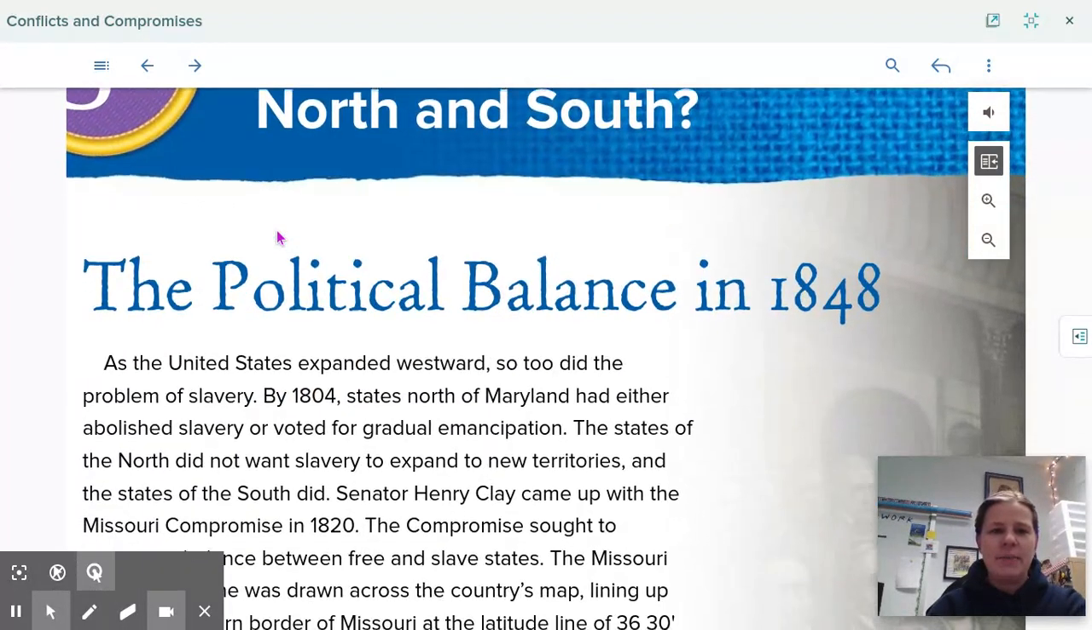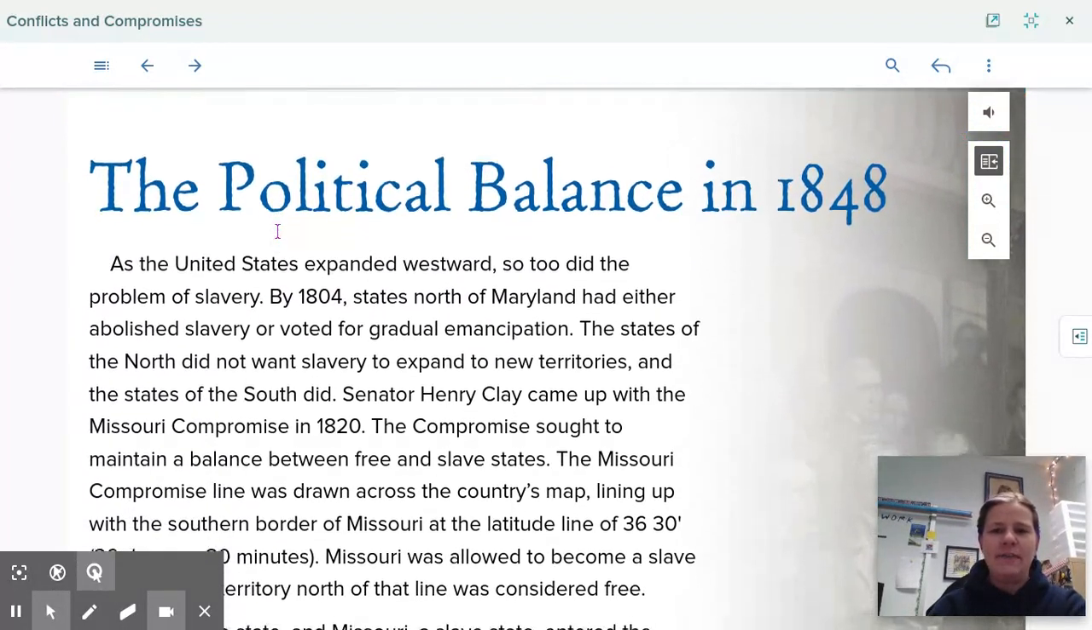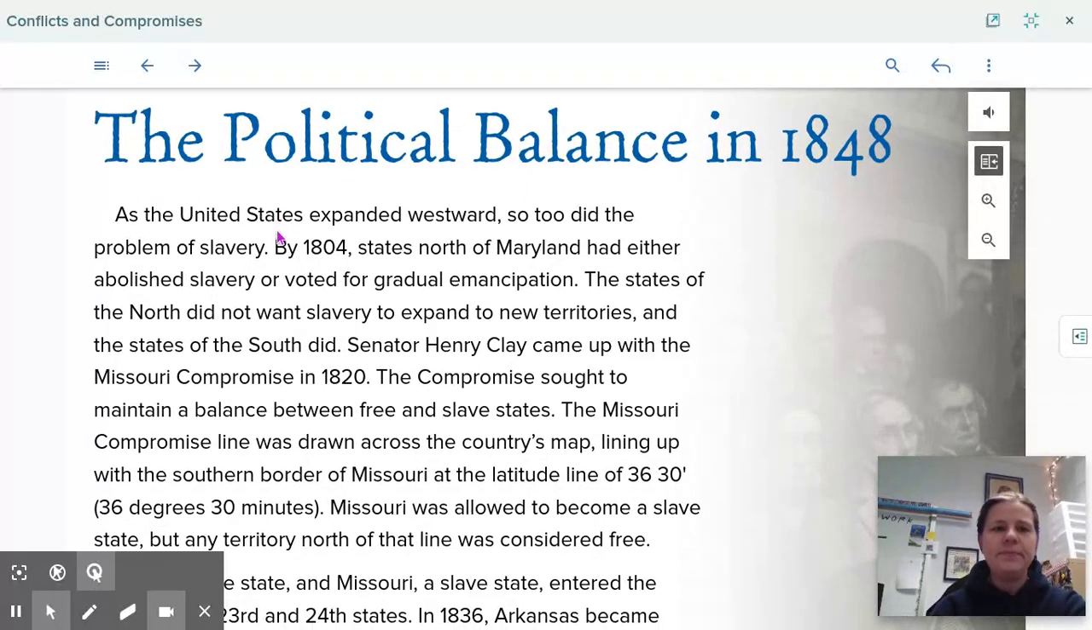Let's go ahead and look at the political balance in 1848. As the United States expanded westward, so too did the problem of slavery. By 1804, states north of Maryland had either abolished slavery or voted for the gradual emancipation. The states of the North did not want slavery to expand to the new territories, and the states of the